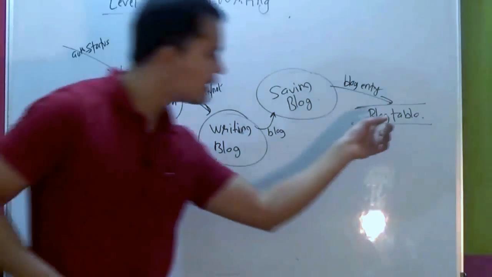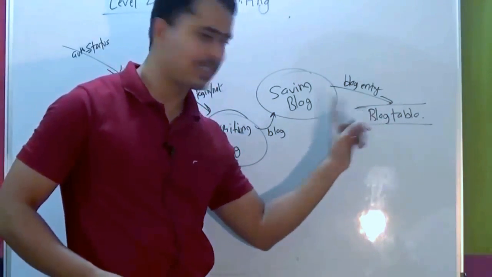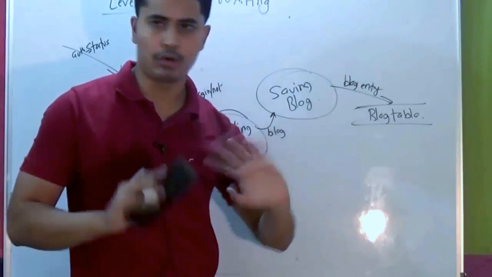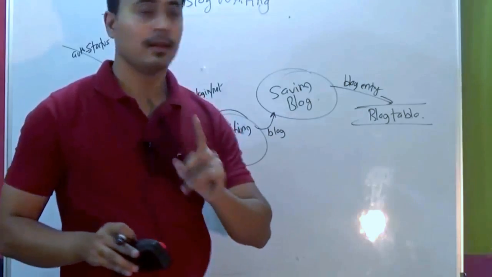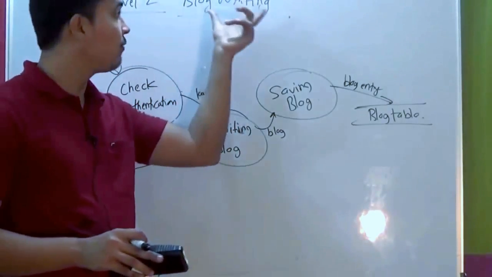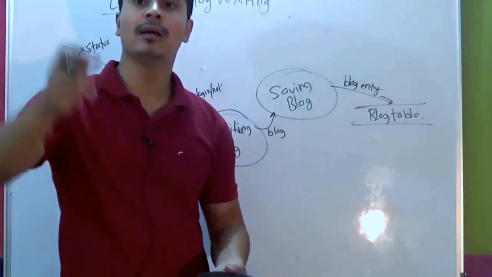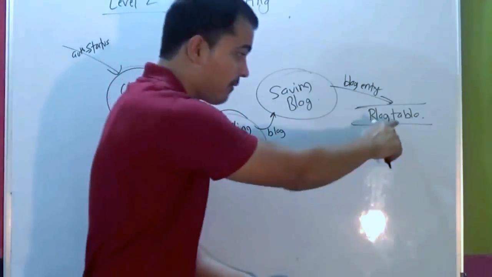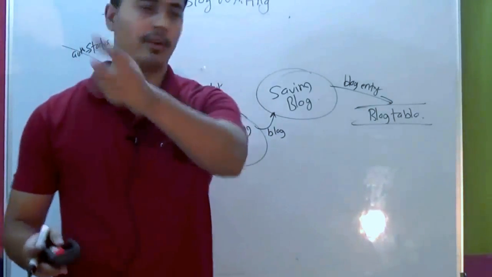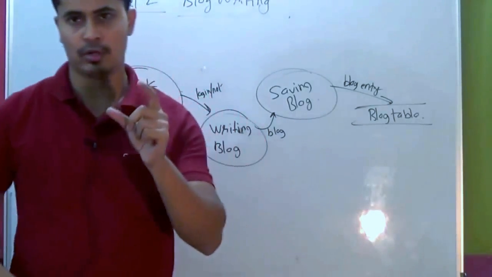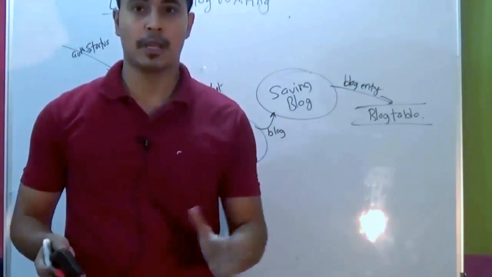So see here, this particular data store appears to be a sink, only incoming, not outgoing. Is it wrong? No, it's not wrong. This is level 2. We're only focusing on blog writing. There might be another process called blog reading, which might be retrieving from this, but we cannot show that because our focus is on writing. So that's the point. You can have a data store with only inputs or only outputs in level 2.